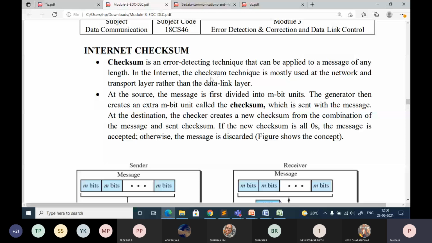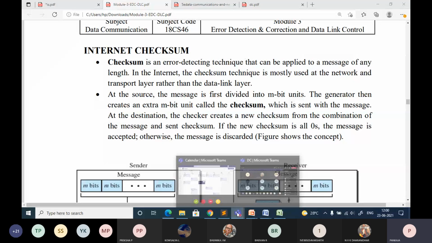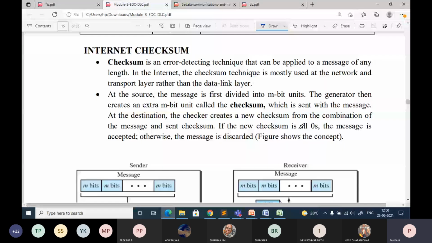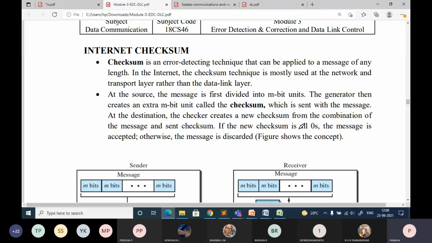It is a technique used to find what extra bits should be added. Those extra bits will be useful at the receiver side to detect the errors. Here you sum the values, and whatever sum you get, you attach as the extra bits. That's why it is called checksum.